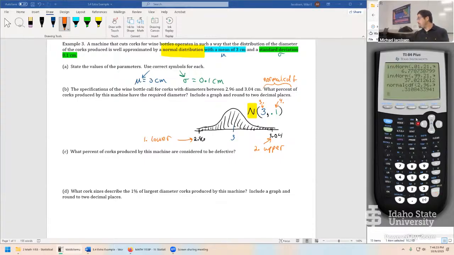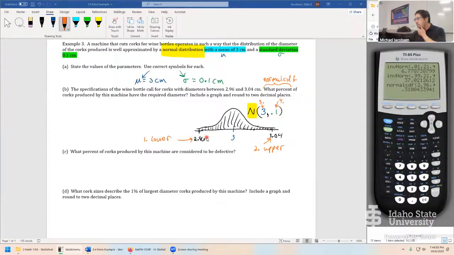Hitting enter a couple times, and I get something that doesn't quite look right. 0.3108. I must have missed something. Anyone get something radically different, or let me see what I put in there. So I had a mean of 3, standard deviation of 0.1, and you know what? I think I just